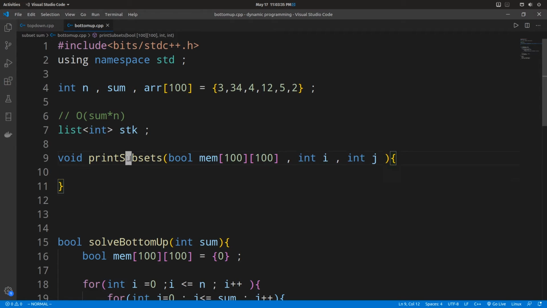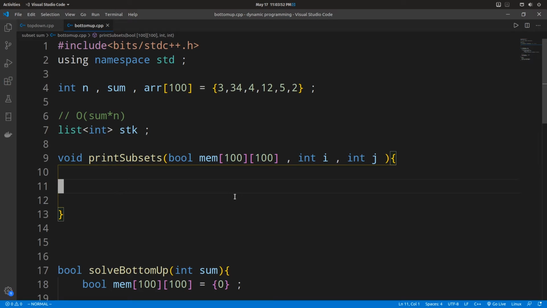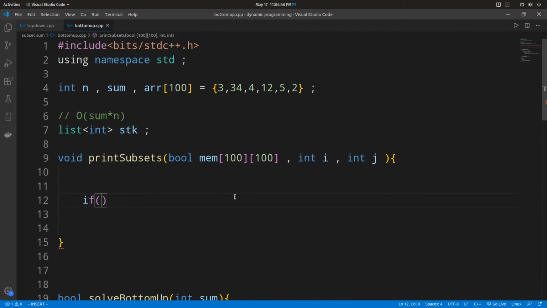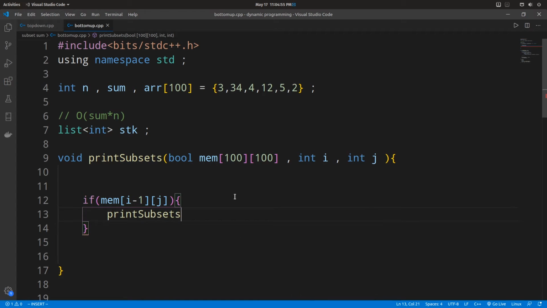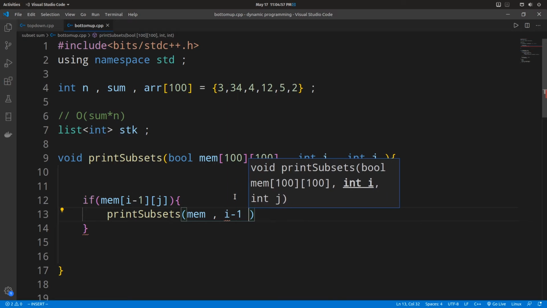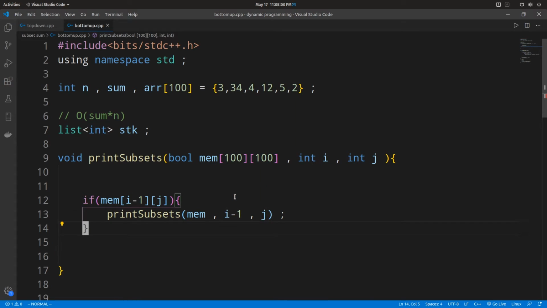Alright, here is our function signature. We pass our table to this function and the starting cell. So starting cell will be the last cell. And we use a stack. Okay, we'll make a depth first search. So we look at both the exclusion and inclusion choice in the table. So to look at the exclusion choice, we look at the previous row but the same column. This is when there is a subset by excluding. Okay, so we just pass the same table and go to the previous row in the same column. This is one choice.